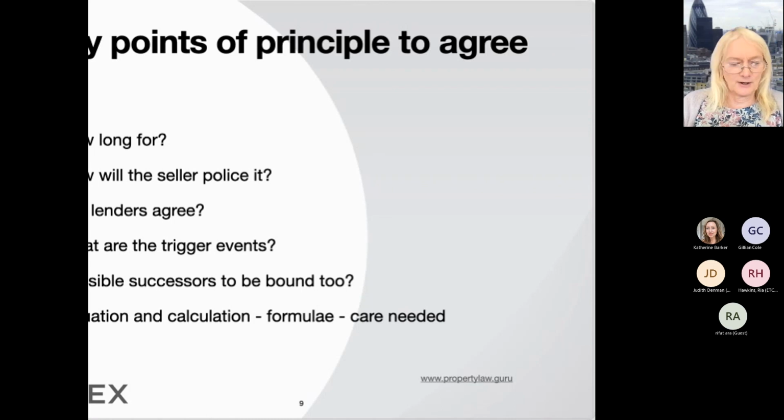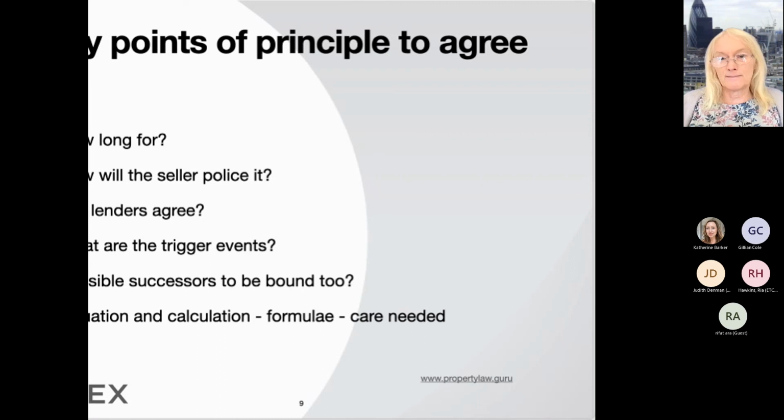And then, is there any obligation on the buyer to actually make any planning application? Not usually. Otherwise, it gets more into conditional contract type territory, and you ought to do it that way. Otherwise, the builder doesn't have to do anything, and if say it's an option period, an overage period of 5 years, they'll just wait for the end of the 5 years, and then they'll make the application, and the seller won't get any money. If you're worried about that, then go down the conditional contract route.